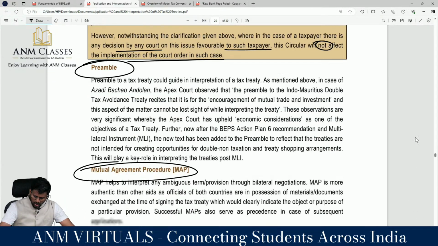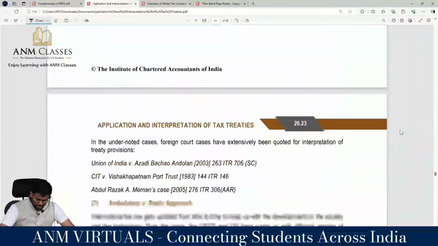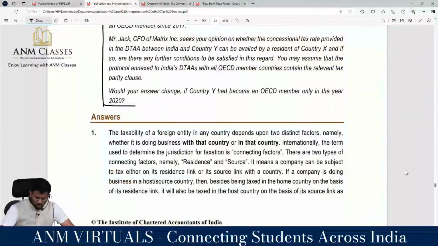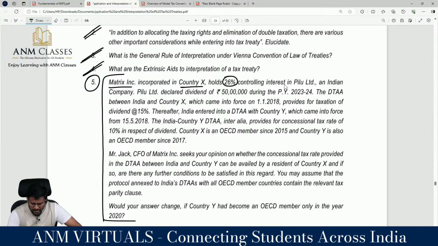Clarity? We are having one question in the sir below. I am interested to read that question immediately because it's an MFN question. Okay, wow. This is the question number 5. You try to say the same question may be repeated in the examination. Book back. Matrix Incorporation incorporated in country X, holding 26% controlling interest in Pilu Limited, an Indian company. They are deemed associated enterprise. More than